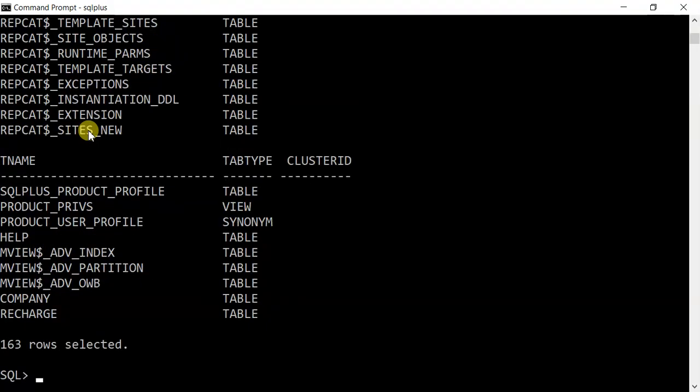Now some of the students have asked, sir, how we can create another user or how we will work in our own user. So this I will be showing in our subsequent videos. So I hope now the task is: please log in with system, please log in with HR, and please log in with sys and see the list of all different tables. And then we will move ahead to the next videos.